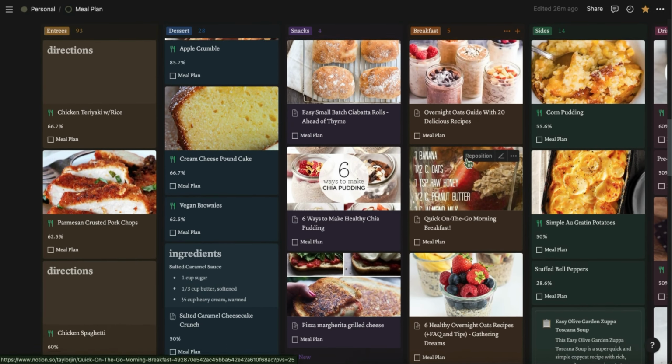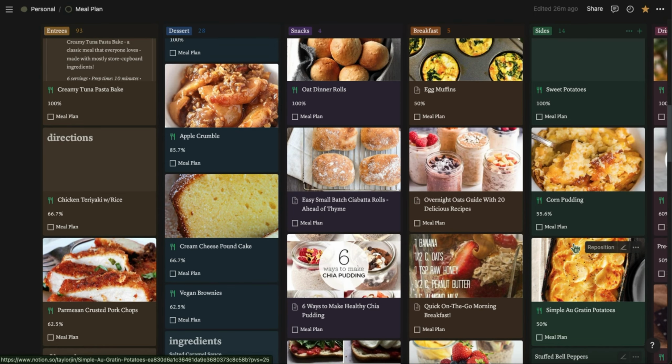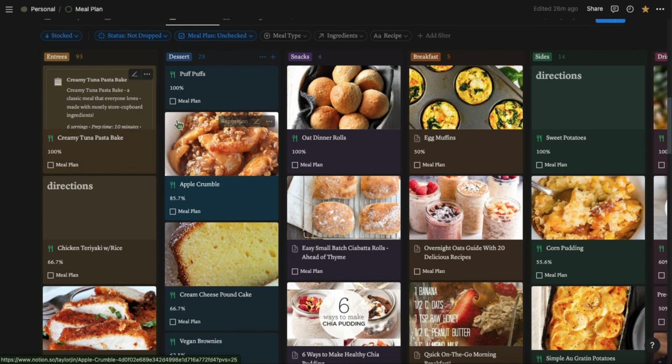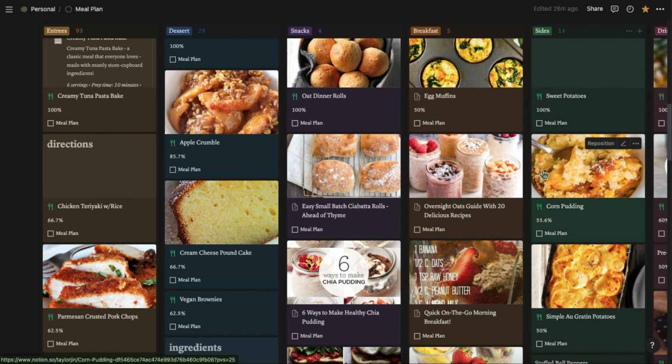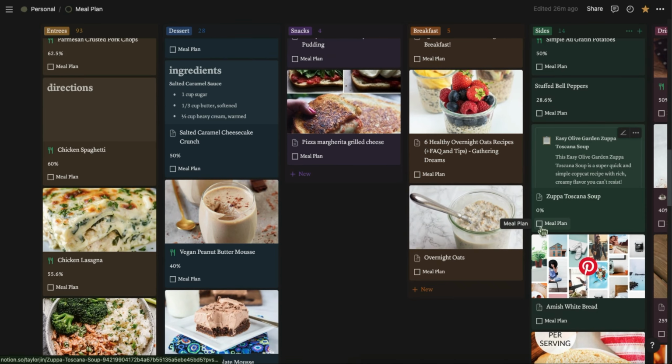So you can see here, if we scroll down to stuffed bell peppers, I only have about 30% of that stocked, whereas I have 55% of what I need to make the corn pudding here. I really like having it sorted this way so that I can easily see what I can make with what I have right now. And of course, if I want to go a little bit out of my comfort zone or out of my kitchen, I can just keep scrolling and maybe click on something that I don't have any